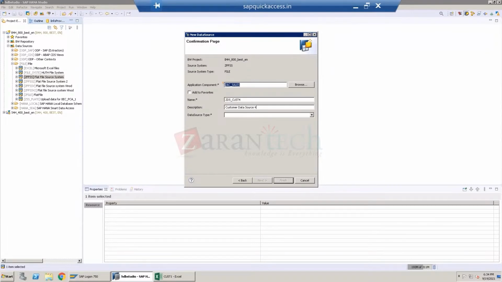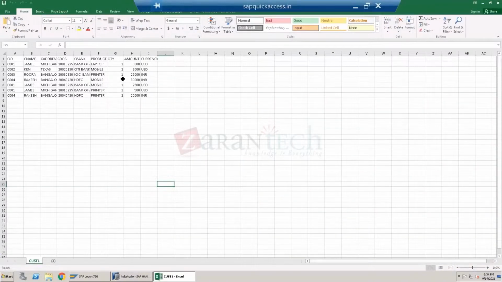number 4. Now, when we click on the data source type, you need to understand there are 4 types of data sources: master data sources and transaction data sources. In master data, you have 3 different types of data source: attribute, text, and hierarchy. We have seen that. But this particular data source, the data which we are going to see here or load here, is of type what? Transaction data